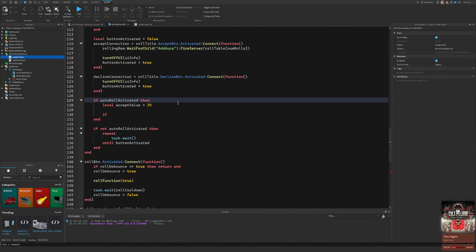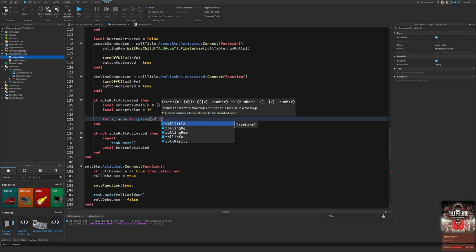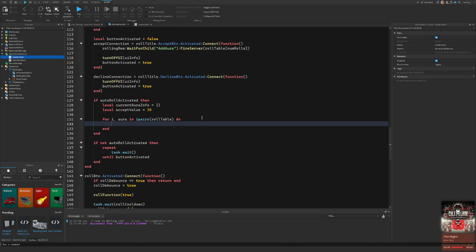So we also do local current aura info, which is gonna be an empty table right now, because we have to actually get that first. So for every single aura in ipairs roll table, do,